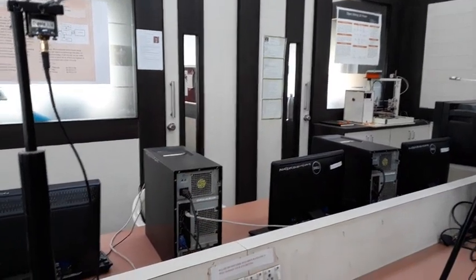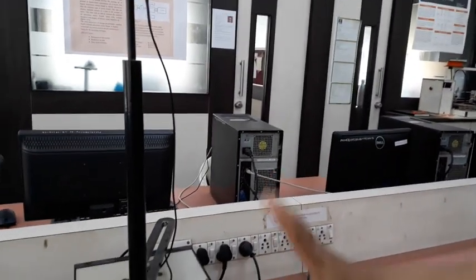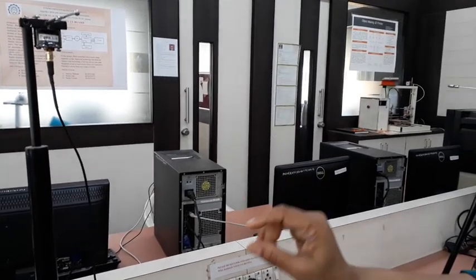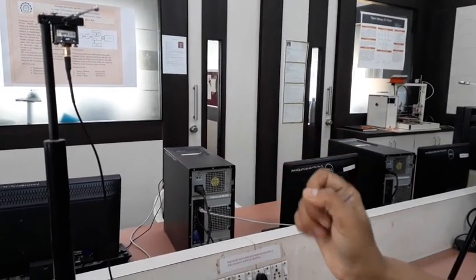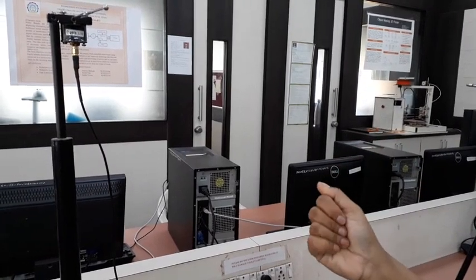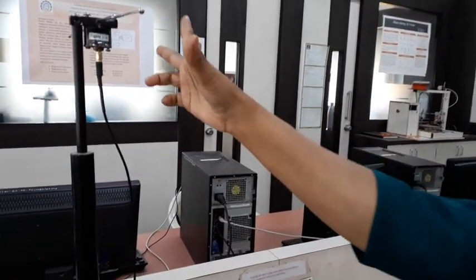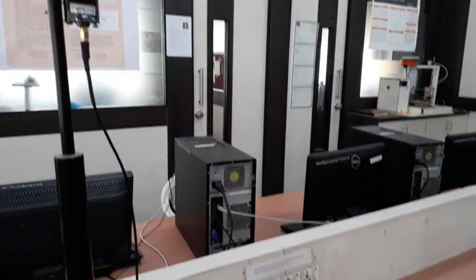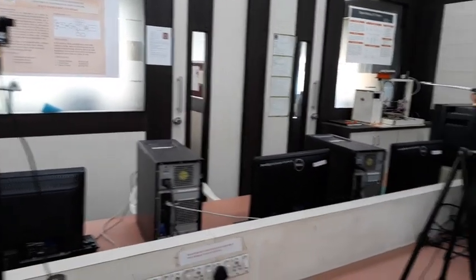We have given the 500 megahertz frequency to this antenna, whereas we know that lambda is nothing but 60 centimeter. So when the lambda by 2 antenna comes into picture, the total length must be 30 centimeter, that I have adjusted. Similarly my receiving antenna is also adjusted with the same length.